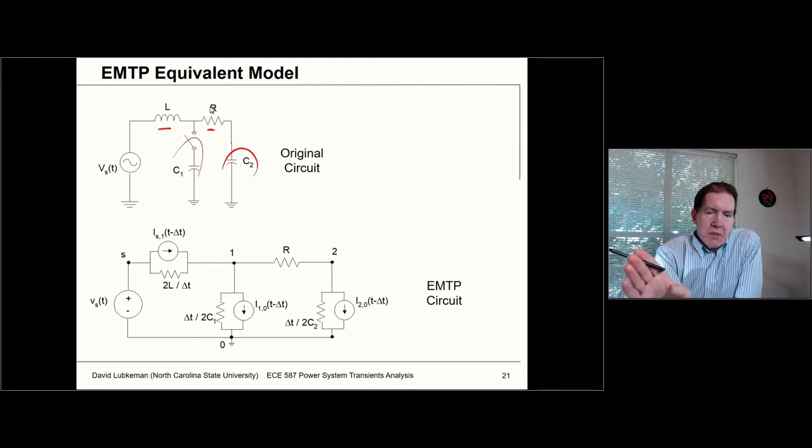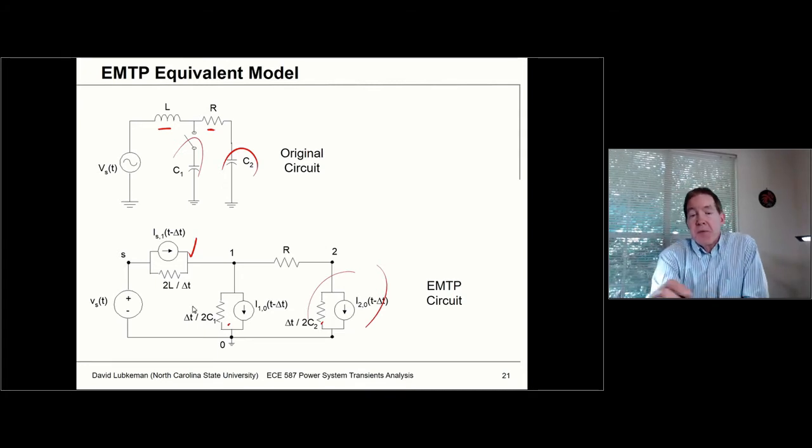When I do this simulation in EMTP, what I need to do is replace the inductors and capacitors with their equivalent EMTP models. And so again, for the inductor, I've got this model using the trapezoidal rule. It has an equivalent impedance of 2L divided by delta T. It also has a current history term. I've got the model for the capacitor. It has an equivalent resistance of delta T over 2C. It has a history current, and I've got a similar model for the